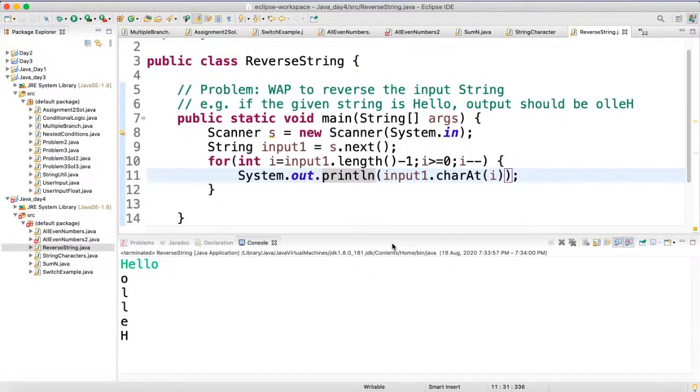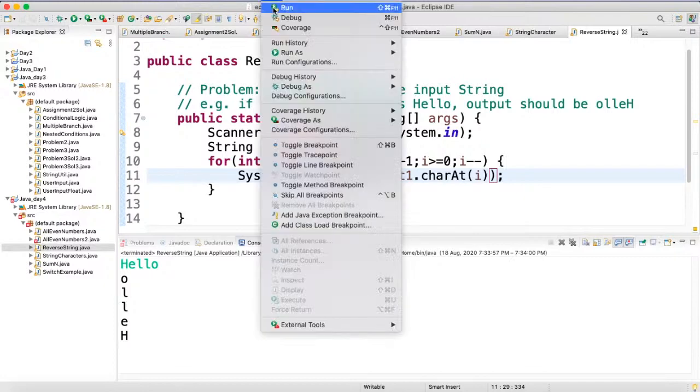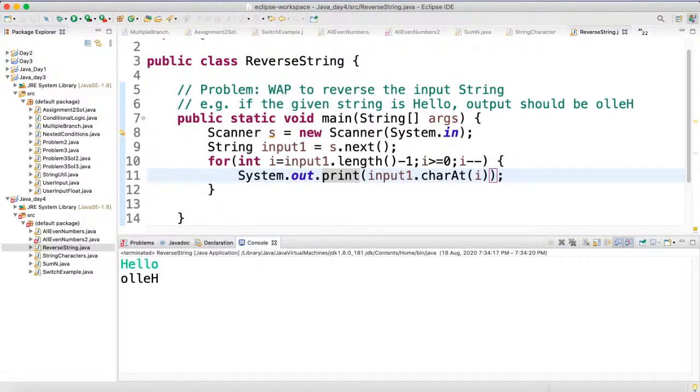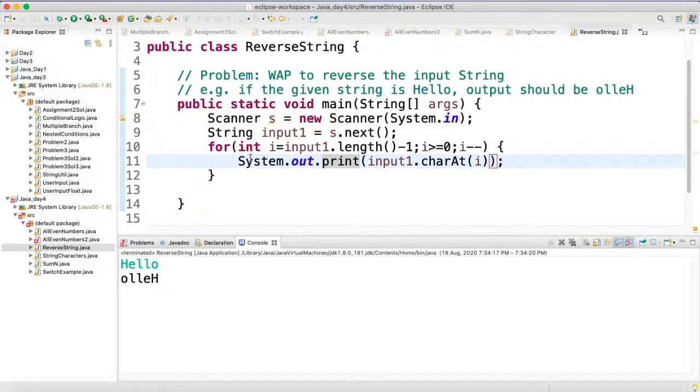So what can we do? If we just remove ln, now let's try to run this. If we are printing hello, it's printing OLLEH, right? That's it. But guys, there can be cases where, in place of printing this,